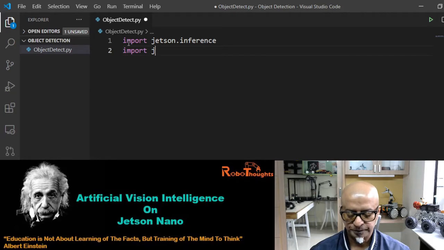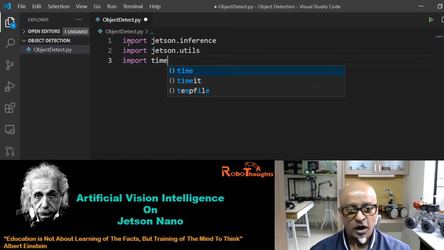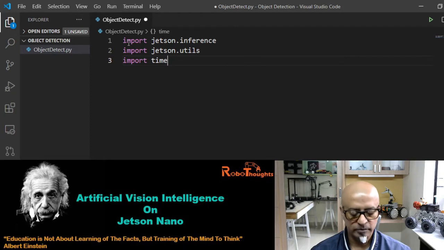Import jetson.utils. All right, and then we need to import time. I'll tell you in detail what exactly that is. Import time,